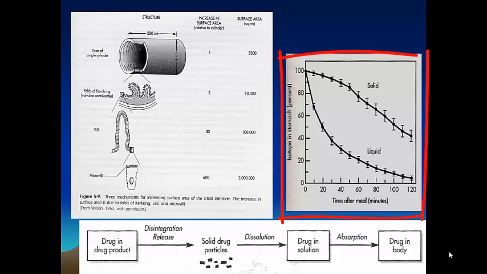So what we see in the right picture is that the solids, in other words food, are going to stay in the stomach much longer, and if we give the drug with food, what usually happens is that the absorption is not only slower, but it is probably not going to be as complete, because much of the drug will probably be embedded with the food particles, and that way is not going to come in contact with the mucosa